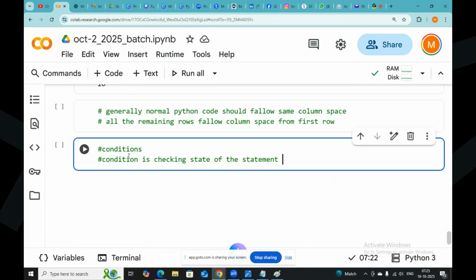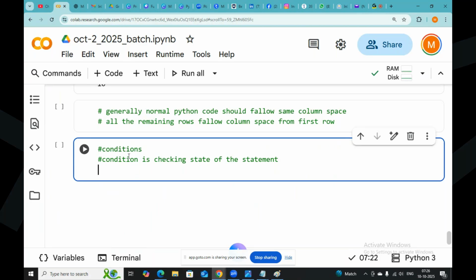I want to withdraw money. Go to the first nearby ATM. It is not working. Next, move to the next nearby ATM. It is not working. Next, go to the nearby ATM. It is not working. Finally, you go to the bank and withdraw cash. Condition checking is very important in programming languages, and in every programming language, checking conditions